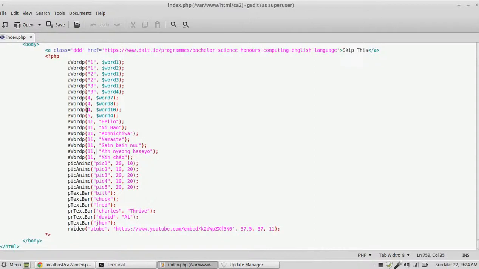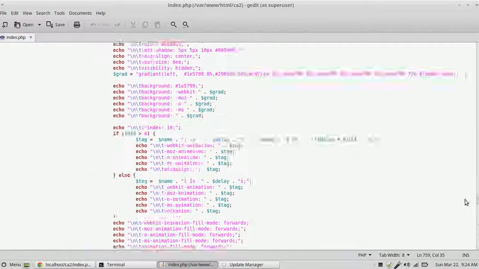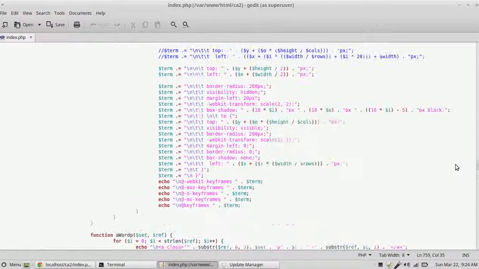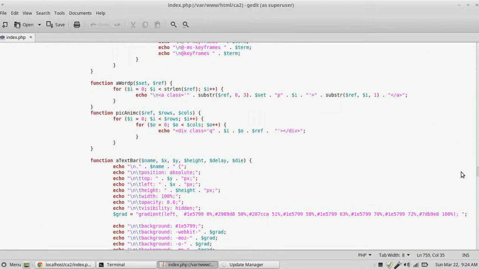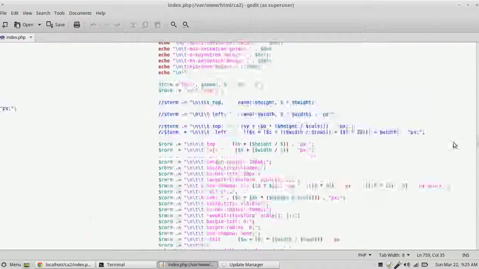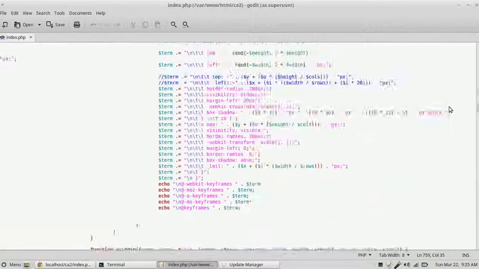So some of these do more than just PHP CSS. I think there's one above that actually generates, yeah, it's the video one. It echoes JavaScript as well. So now we've got a script writing a script. Isn't it wonderful? If I can find out where that is, all it does is certain things need to be